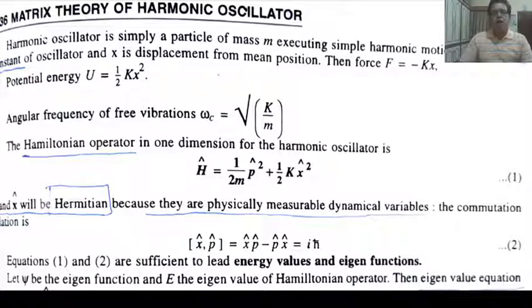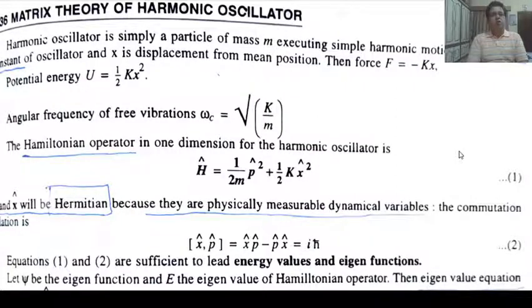Today, I am going to discuss the solution of harmonic oscillator using operator method as per your syllabus, also named as matrix theory of harmonic oscillator. This question is most important for you because the Schrodinger equation method you already studied in your UG class. So this is the most important question for your MSc previous, and in the next unit the hydrogen atom problem is also an important question. So let us start.